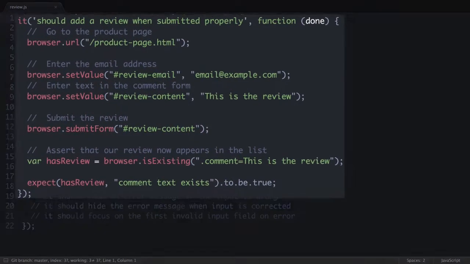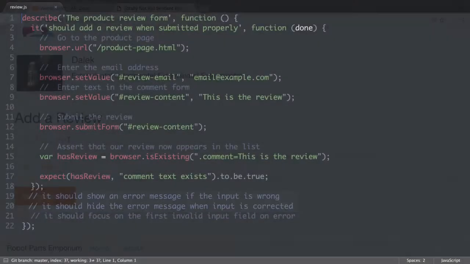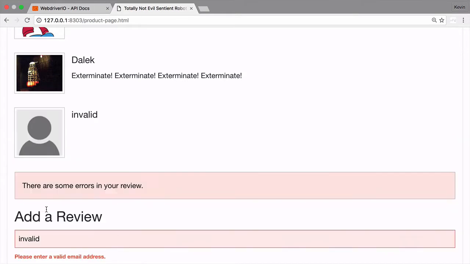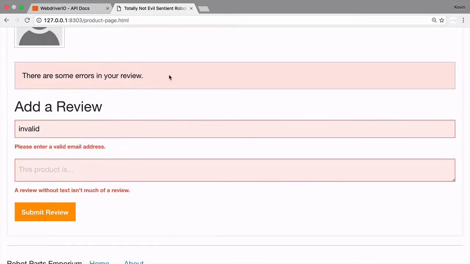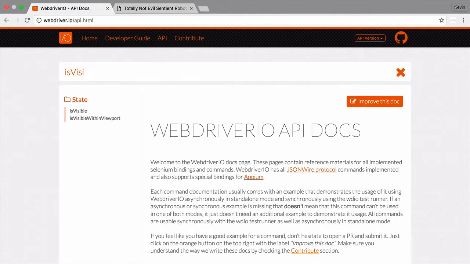We've covered the successful form submission scenario. Now let's tackle what happens when things go wrong. In this test, we're going to verify that the error messages are displayed when you enter incorrect data. To do this, we'll be looking at the isVisible command to validate whether content is showing on the page or